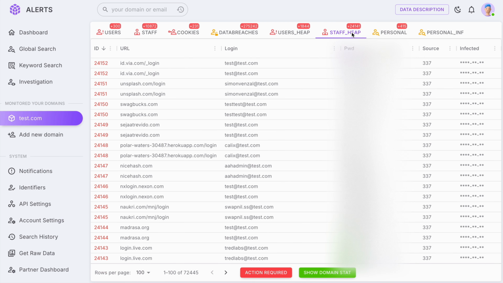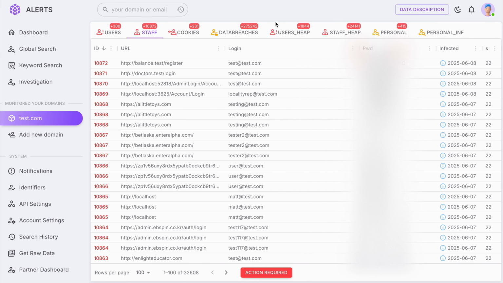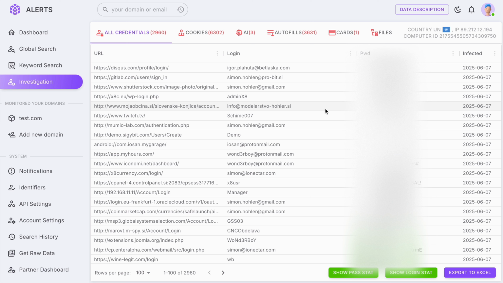Here we have another cool feature. It's called Personal and Personal InfoStealer. This feature allows us to establish the connection between the company, employee, and their personal emails by leveraging the LinkedIn data leak. If you found through this data the right case that you would like to investigate deeper and figure out how this actually happened, you can press over here, investigate this comp ID,